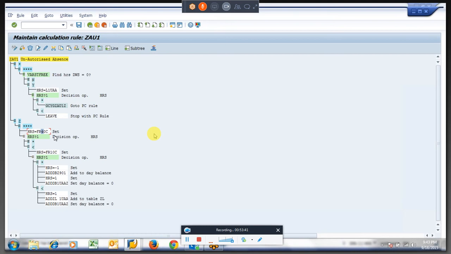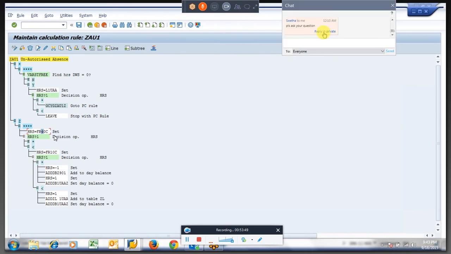There is only one possibility, where we can create our own custom function to update it. It is a Z1 where SAP is not supporting. SAP is telling that if a user wants a report of the unauthorized absence, he can get it from cluster tables.